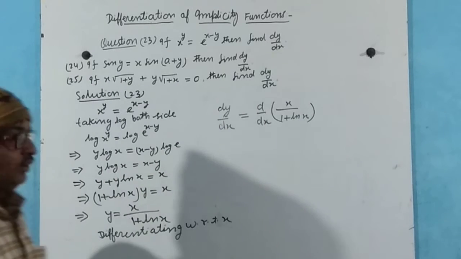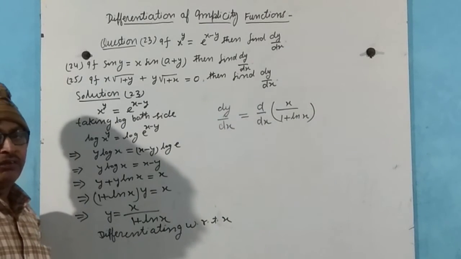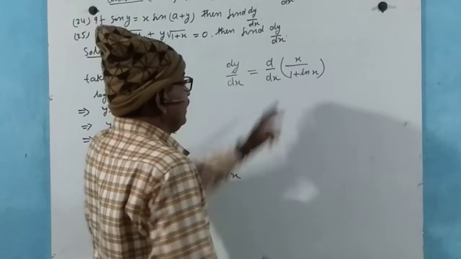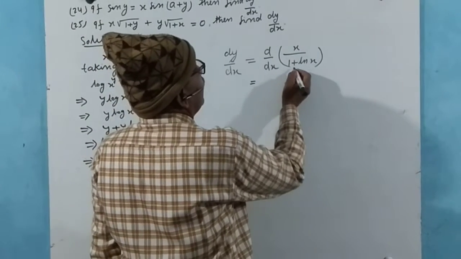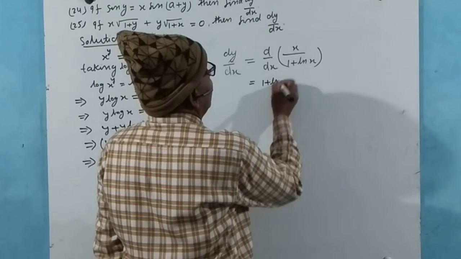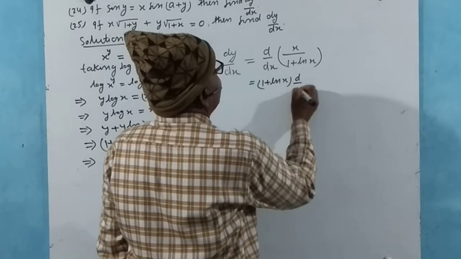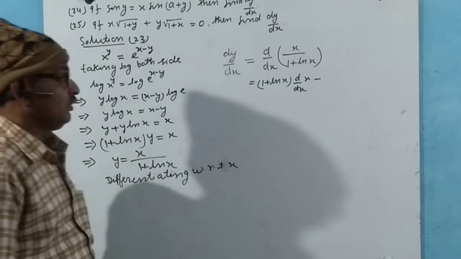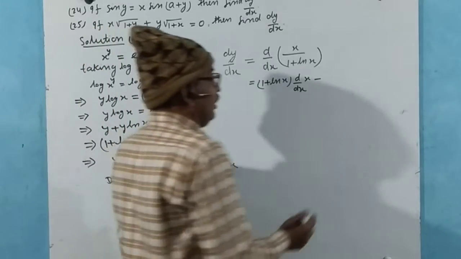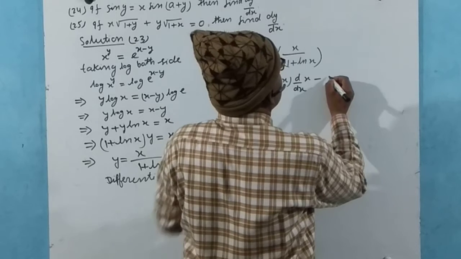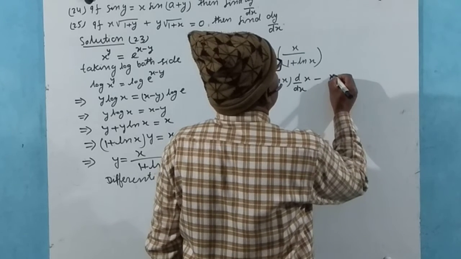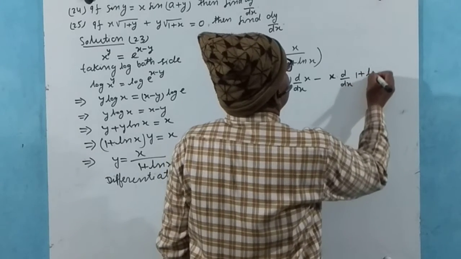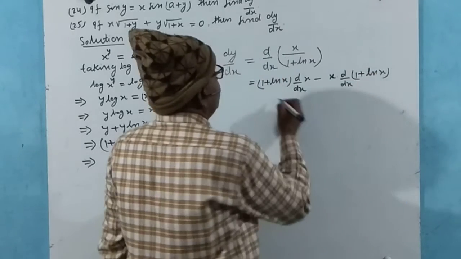As you know, differentiation of numerator and denominator, it means that we use the quotient rule, so this can be written as denominator, 1 plus log x, d by dx into x, minus numerator x into d by dx of 1 plus log x, divided by